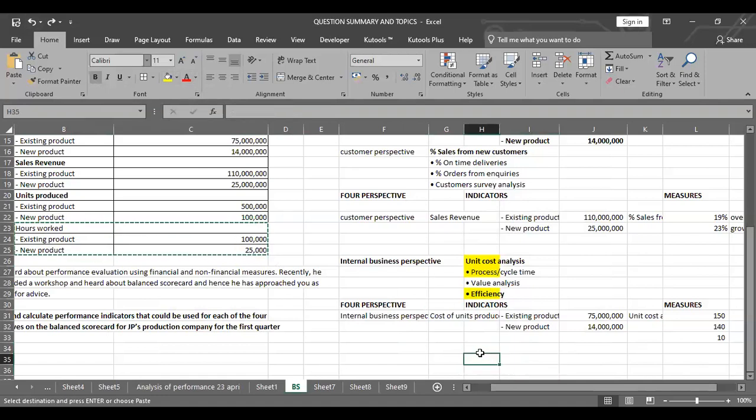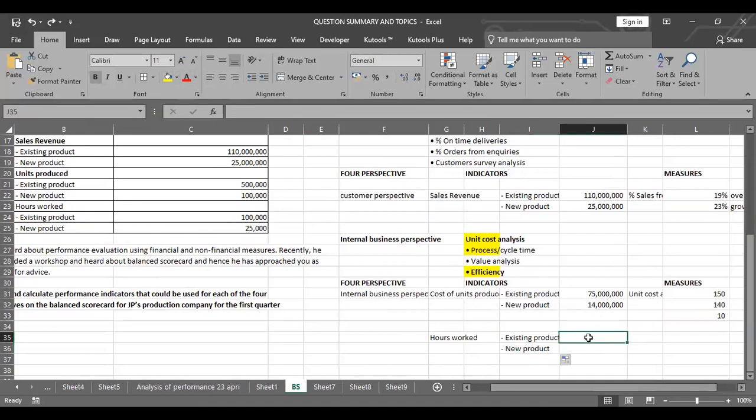Hours worked. So I'm going to use, what am I using? I'll use these hours worked. And to use hours worked, I have the existing, and when you run down, I have also the one which are the new product. So when you check through, you notice the hours are that, and the hours are these. So again, I could also check and see how the efficiency is being realized here. Now, when you check, efficiency is about input output.